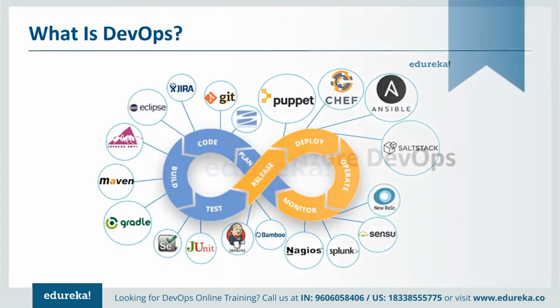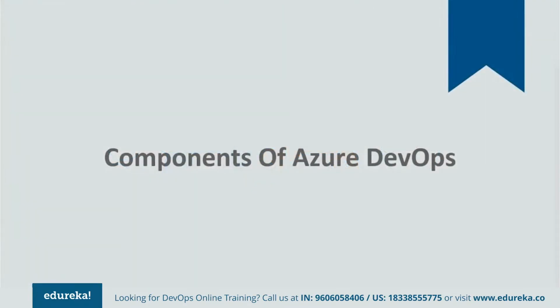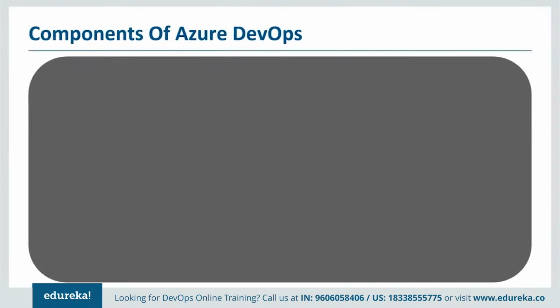So now we are going to talk about what the different components of Azure DevOps are. Once we see some demos, you will be very clearly able to understand how you can take your application from the planning stage up to the deployment and monitoring stage using the tools in Azure. Okay, so let's learn about the different components of Azure DevOps which are available. Now, let me just show you all 5 actually.